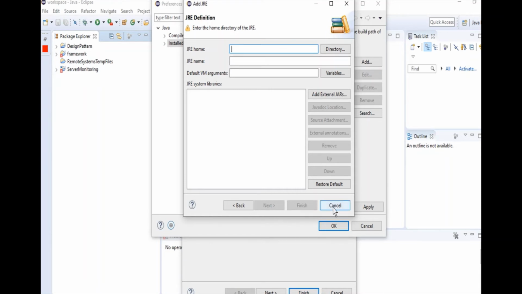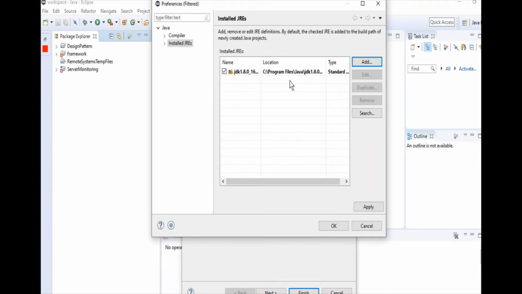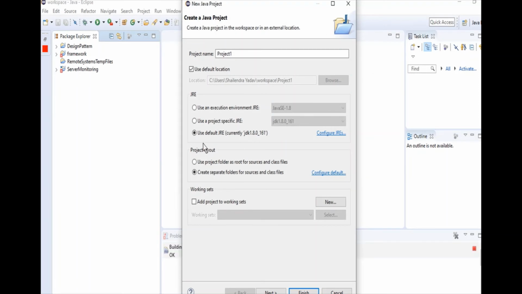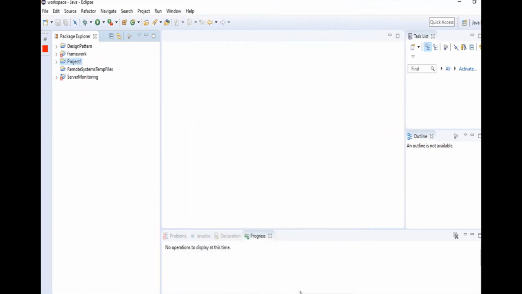Once finished, it will show like this. Okay, then say Apply and OK. It will show you here. Once this is showing JDK 1.8, it means your setting is proper. Now click on the Finish button. Now your project is created.